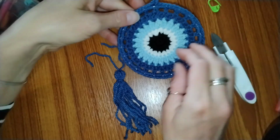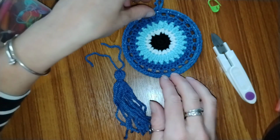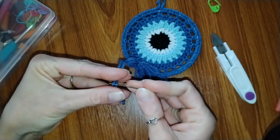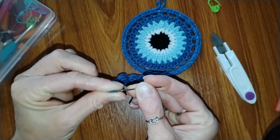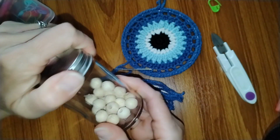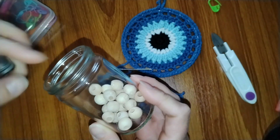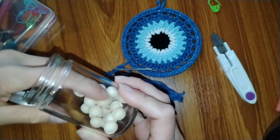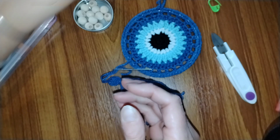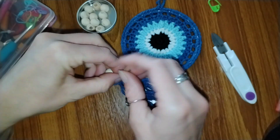Then to find the middle, I usually hang it on the wall and then I see where it falls down the middle. So just hold it by the hanging loop against the wall and you can see the sort of imaginary line down the middle, and you can attach it to that stitch. So take your bead if you're choosing to use one, thread it through,